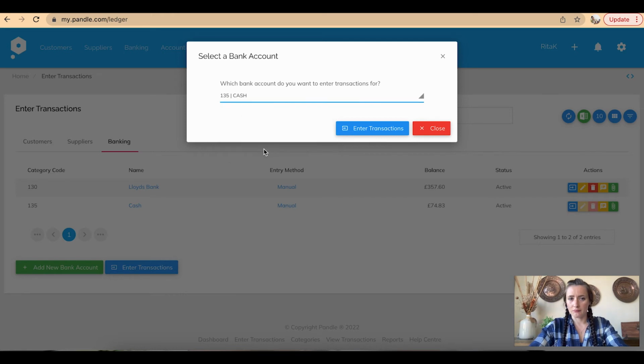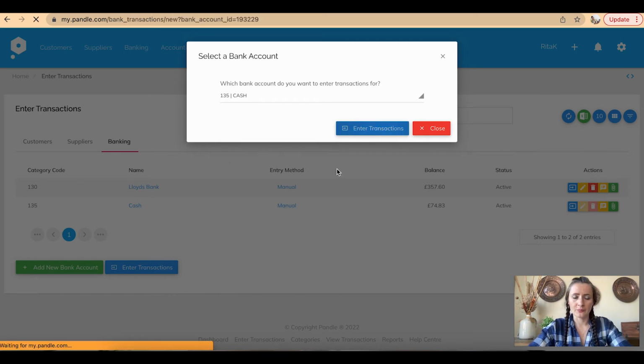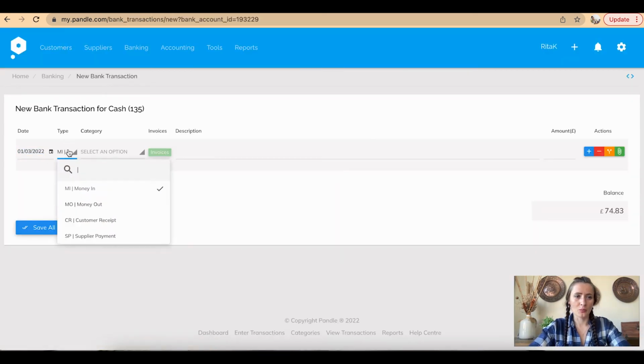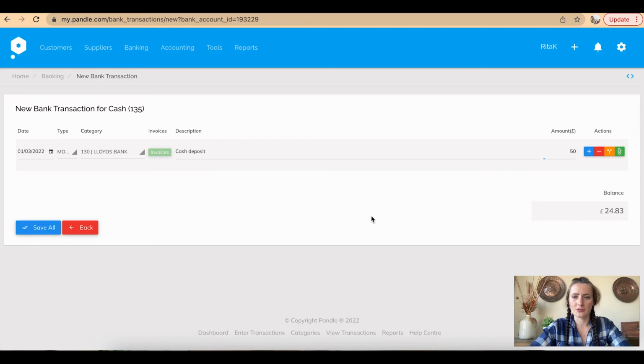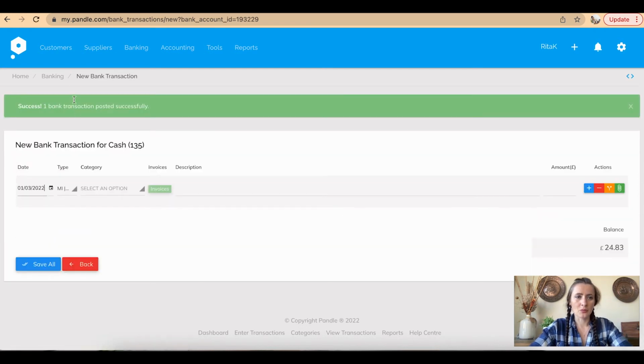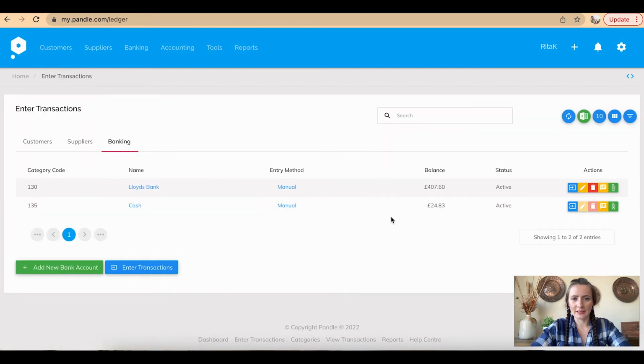So let's do it from the cash account, and today we are taking money out from our cash account and moving it into our bank account, deposit and 50 pounds, and click save. So now when we go back to our banking, 50 pounds came out from here